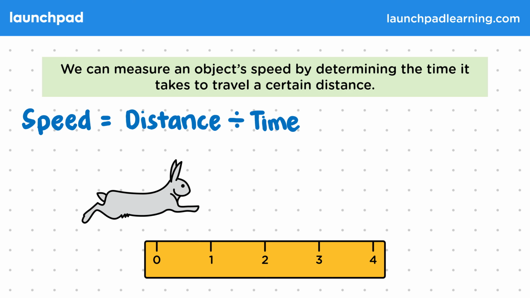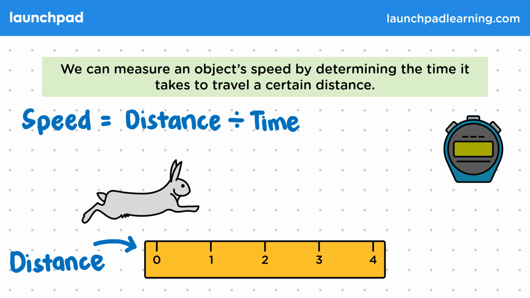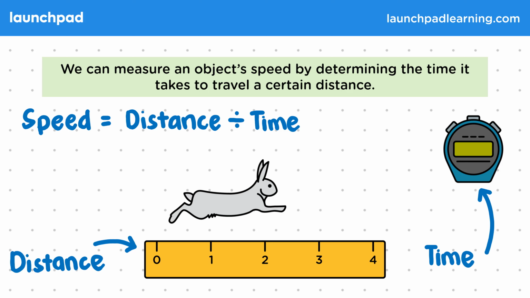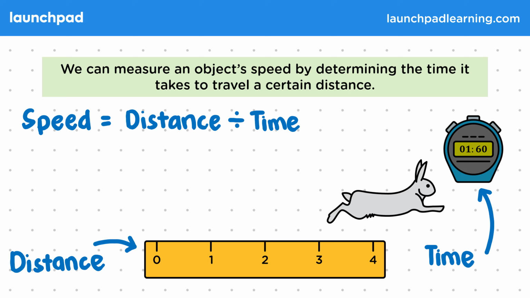So for the distance, we can measure how far something has travelled in a certain time, or here we determine a distance to travel in advance. We can measure the time using a stopwatch, and we can either stop at a certain time or after the predetermined distance is completed. So here we use a stopwatch to record the time between the rabbit starting and finishing its run. The distance is 4 metres, and the time taken is 1.6 seconds, so the speed is equal to